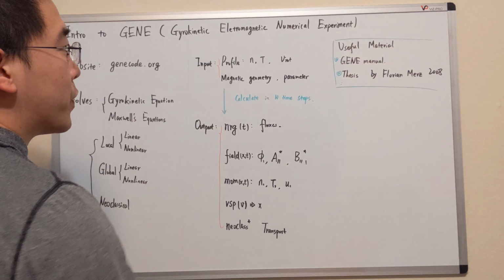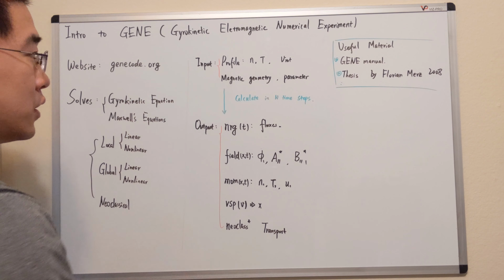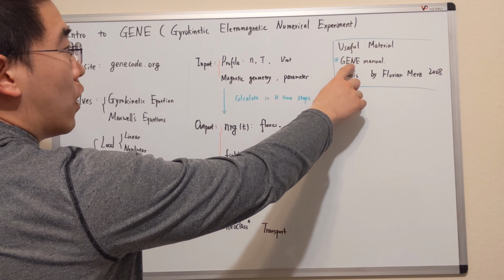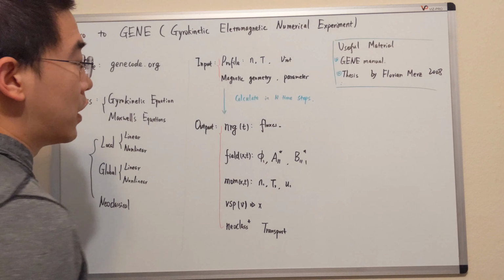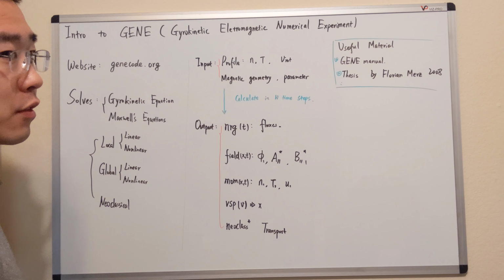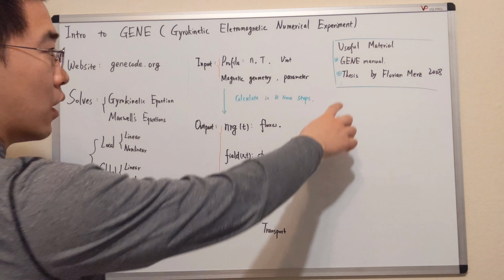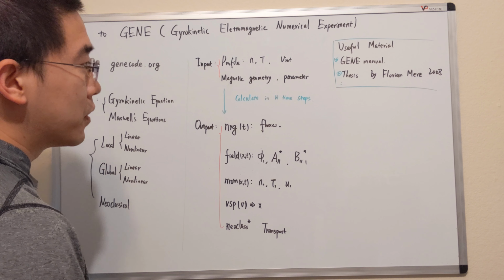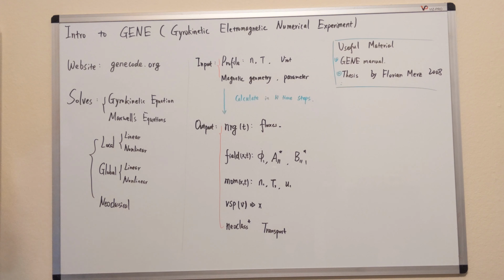Some useful material you can check on genecode.org: they have a lot of publications related to GENE. Of course, the manual will be very useful once you start to get used to it. And the thesis of Florian Merz, 2008, is really useful as well. I think it gives you a lot of the underlying theory behind it. So yeah,